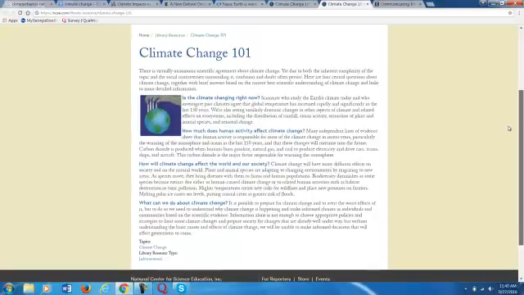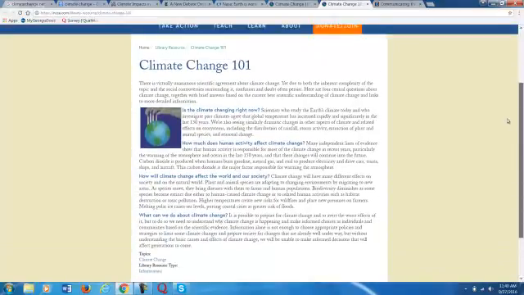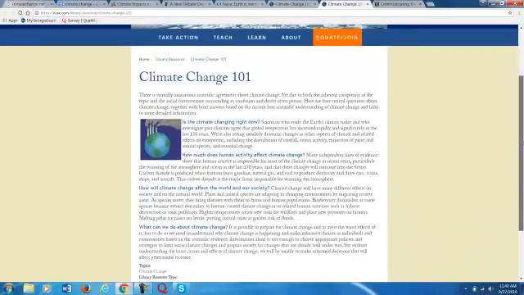Poses several questions about climate change, basically just explaining the basics. There may be some implications mentioned here for if we do not take action, or explains how climate change is affecting the world overall.